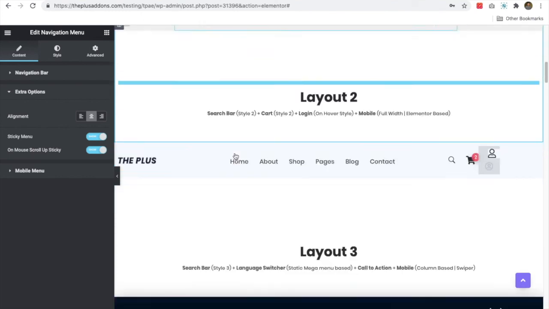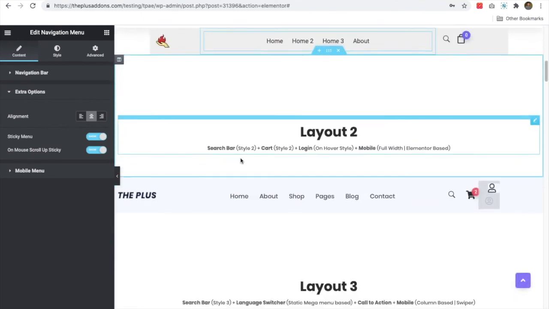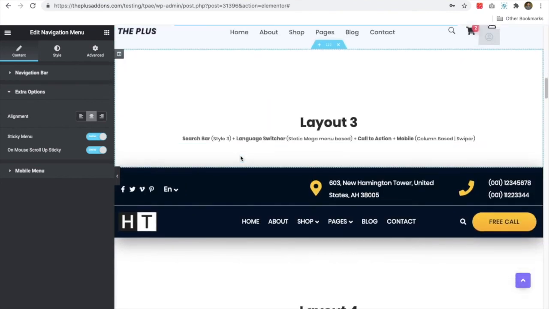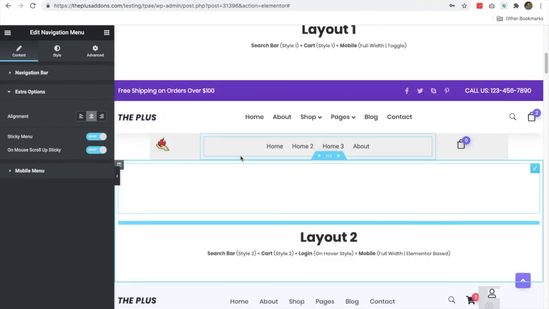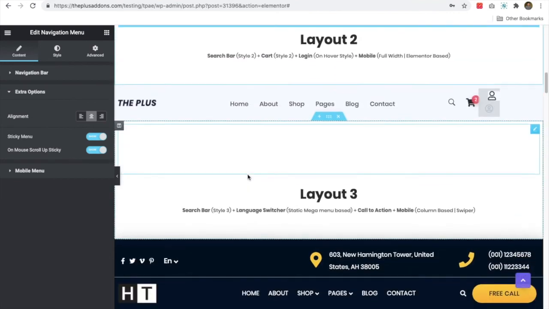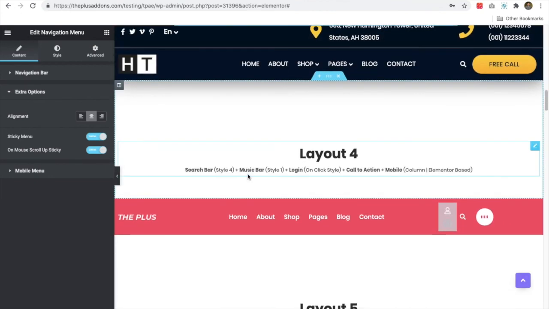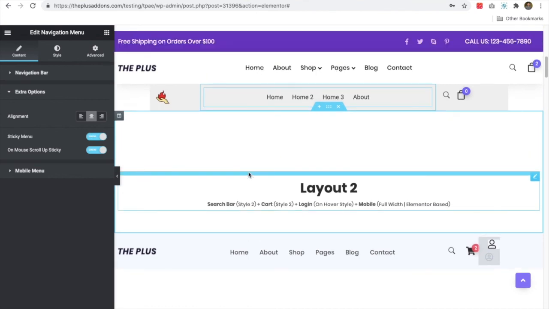That means once you go down, it will work like a normal one, but once you start going up, you will see the sticky menu over there. You can see the example over here. Initially it will not be available, and once you go back, you can see that reverse sticky menu effect.